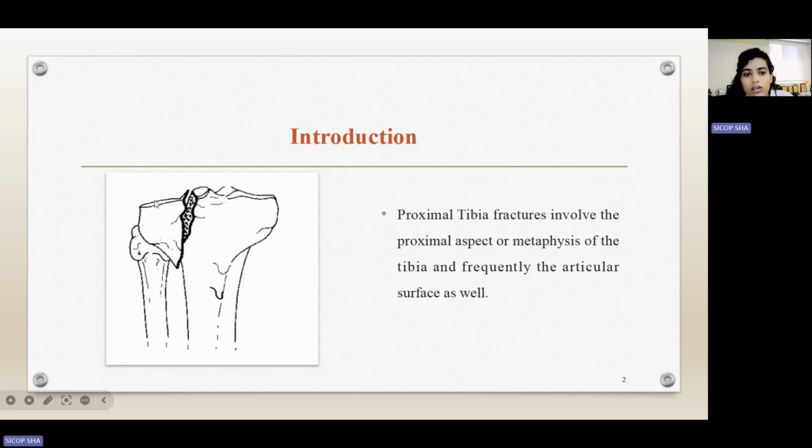As you can see, the fracture that occurs over here consists of the tibia also, not just the facets of the tibia, the tibial plateau, right? So when we talk about proximal tibia fractures, we are considering the lateral condyle, medial condyle, and the upper portion of the tibia, the proximal portion of the tibia, that is 10 to 12 centimeters from your